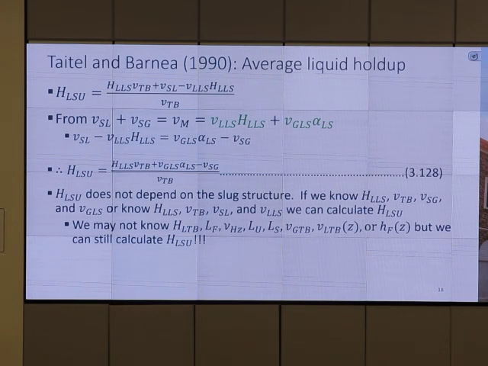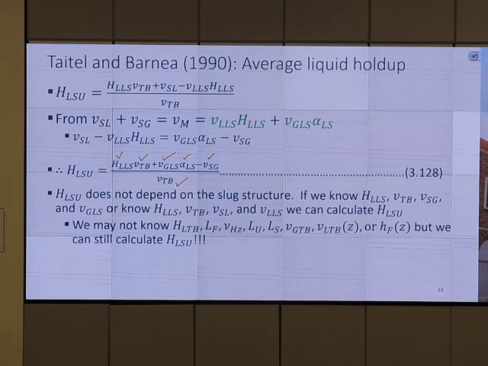I think so. Use 3.128, right? Because we will know this term, that term, everything. Okay? Then we get unit slug holdup